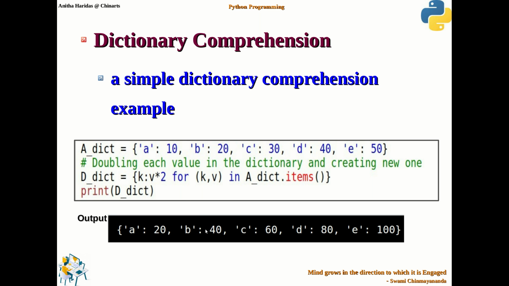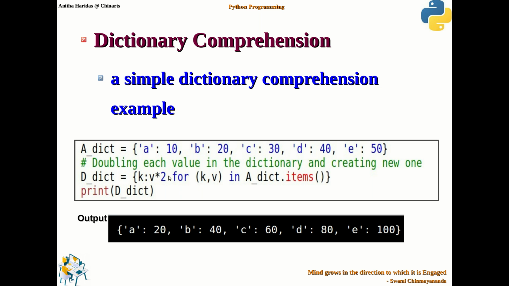So 20 will be doubled, and we will get 40. In the third iteration of the for-in statement, it will take C, 30 as a new tuple. Then C will be maintained as it is and 30 is doubled as 60. Then D: 80, E: 100.